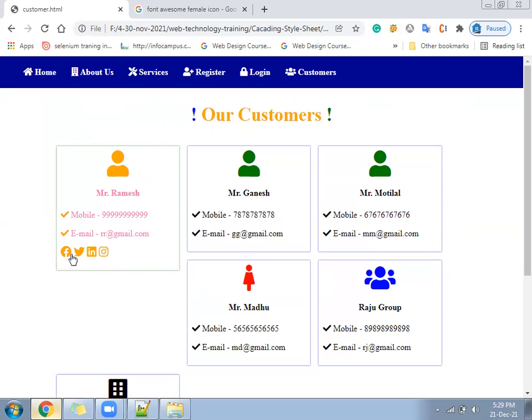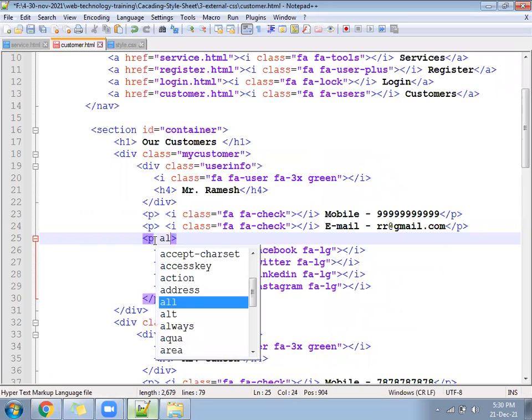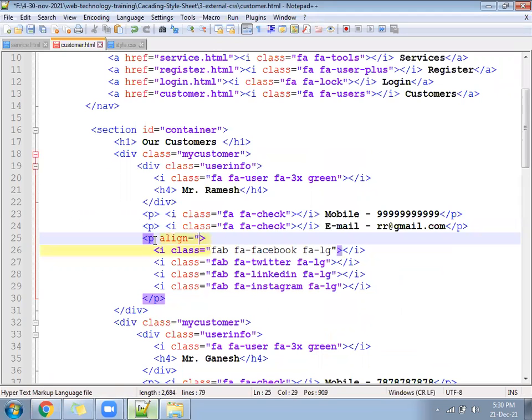If you want all these icons to be different, you can't address them through the I tag. You have to write a separate class for the bigger icon, and the remaining classes will be for different icons. Like Twitter should be blue color, Facebook should be dark blue color, Gmail should be a different color. So for that we can't write the same class. We have to address them by different tags. Okay, hold on. And keep this paragraph aligned center also, so it prints in the middle.